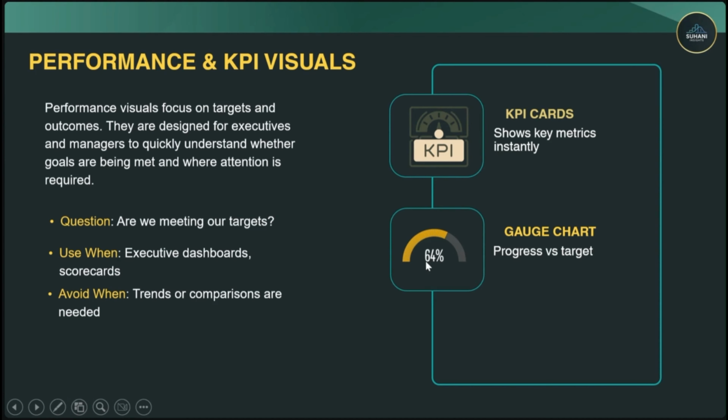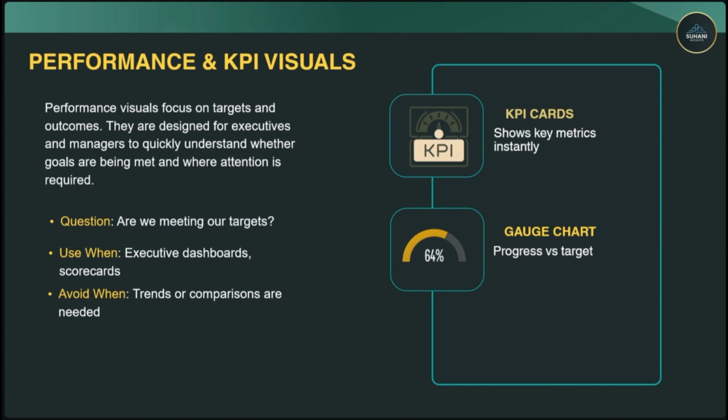If we talk about the gauge chart, it is like the manager has set a target of 20 lakhs and he's analyzing how it is going. The target was 20 lakhs and what is the progress. Okay, in the January month we did this much, in February we did this much, till April we were able to do this much, till September we were at this, and till December, are the targets met or not. So to analyze that, the gauge chart is in use.